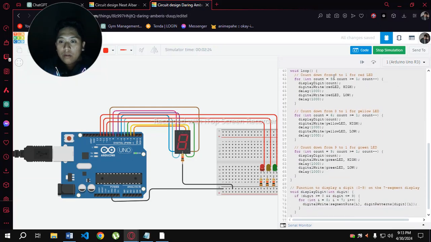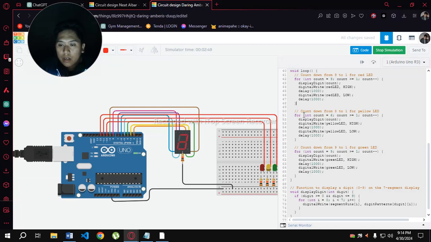So countdown. This code is responsible for the countdown of 9 to 1. As you can see right here, this is for the red LED, and it will turn off and on with the delay of 1 second.